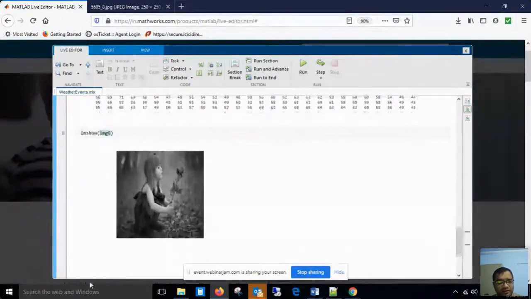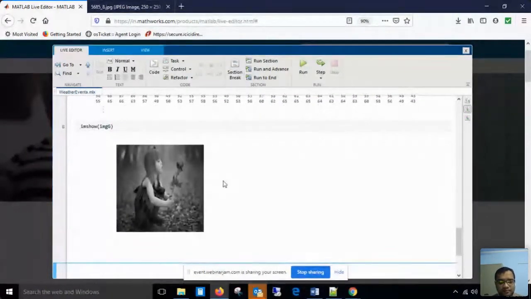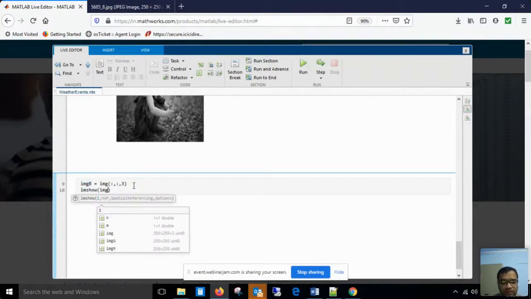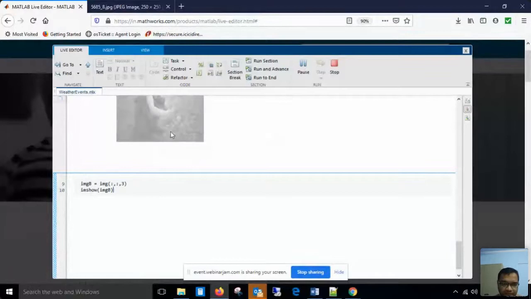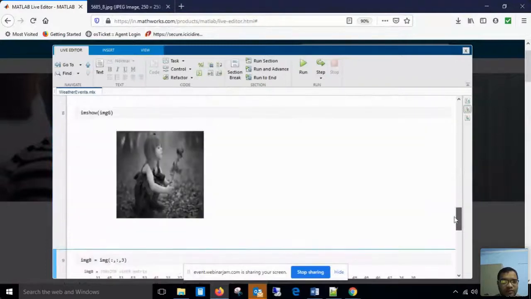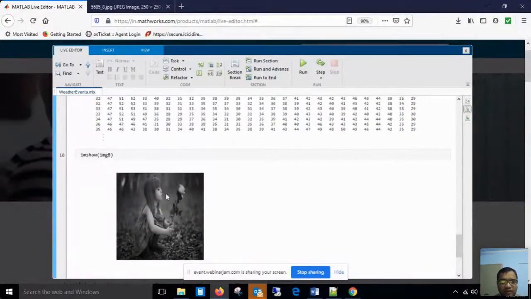In the same manner, you can separate out the blue component. There is a third component. So I change it to 3, and I say imgb, and I imshow to display this blue component, right? So now I execute this command. The values are 31, 45, 51, even lesser than the green component. So we can easily understand that the image will be more dark. So as compared to the green component, the values in B are darker, right?